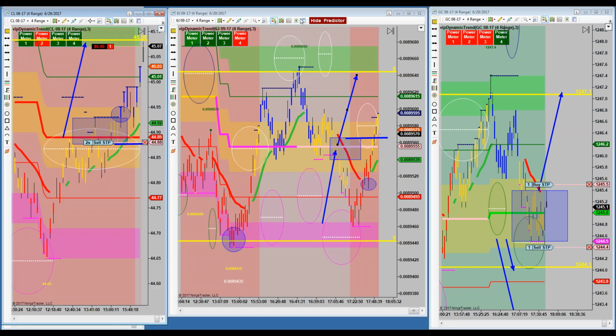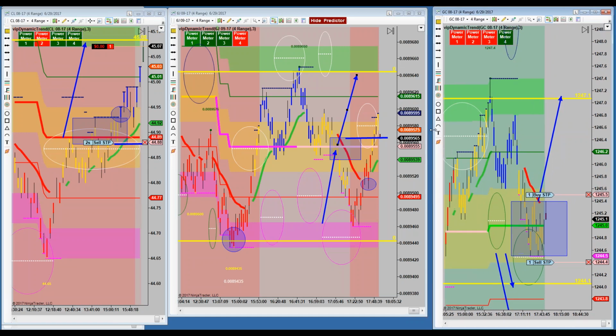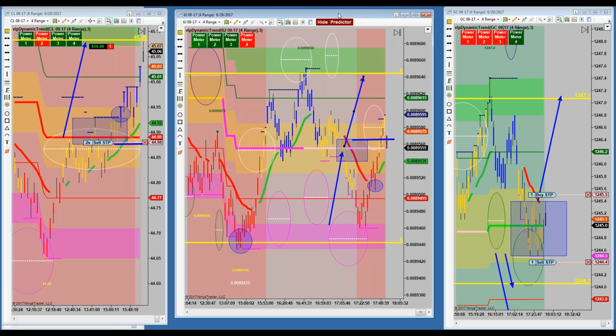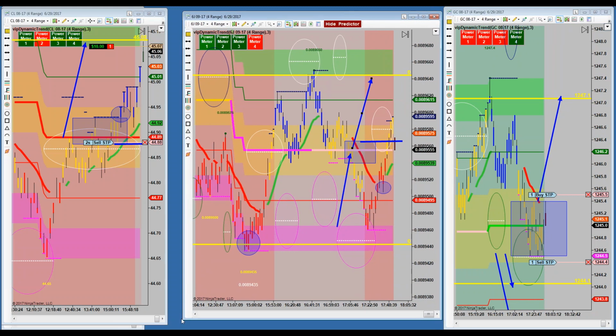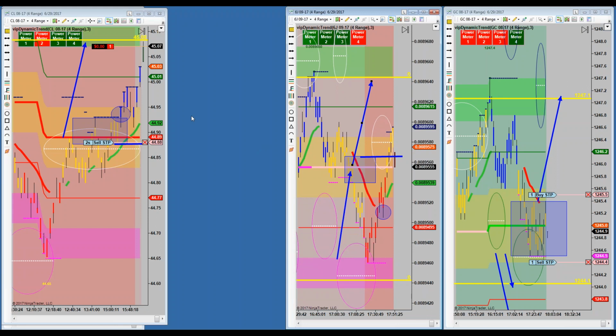Okay, we got gold. Let's leave gold tucked in the corner here for now. Still in this box, no movement. Gold's kind of a sleeper right now. And 6J is pulling back to the midband, so let's tuck this on the side too, because we're not in it. And circle back to see what's going on with the crude trade.